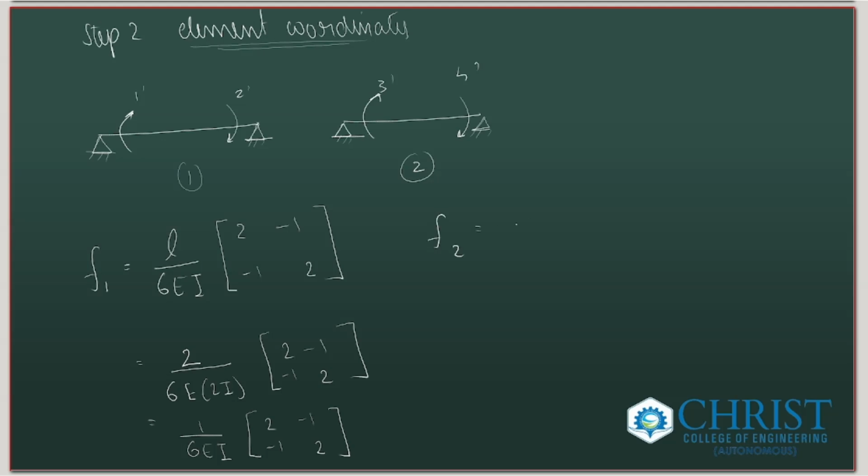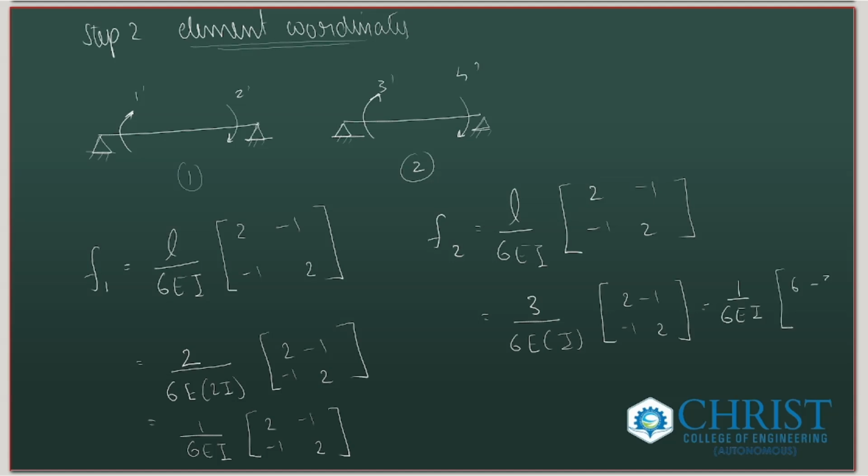Now moving on to the second beam element. The equation for the element flexibility matrix remains the same. Now, by inputting in the values, by this we can define our element flexibility matrix as a whole as